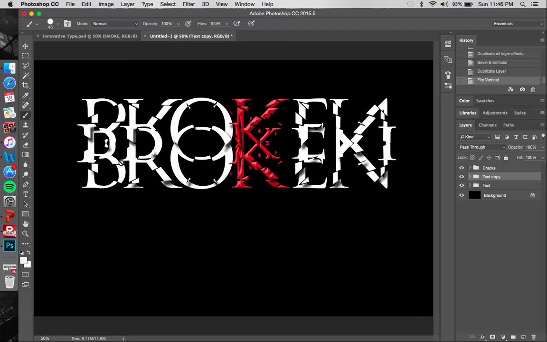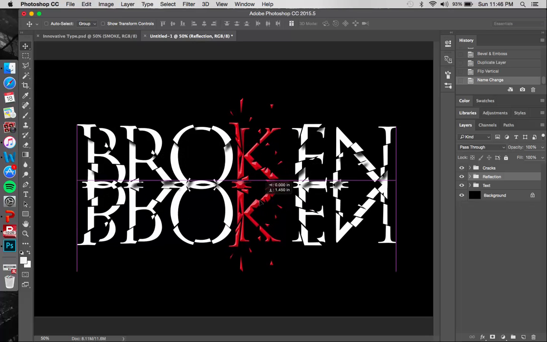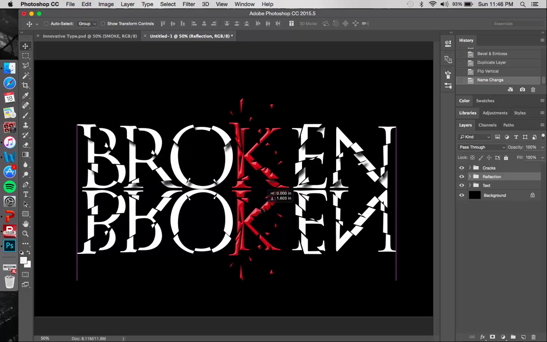After this, you're going to want to rename your layer to reflection and select your move tool. While holding shift, move your reflection down